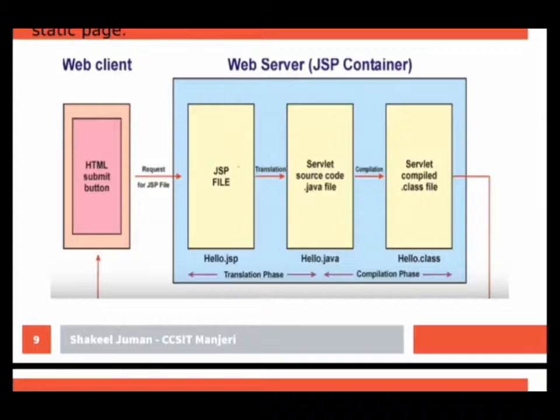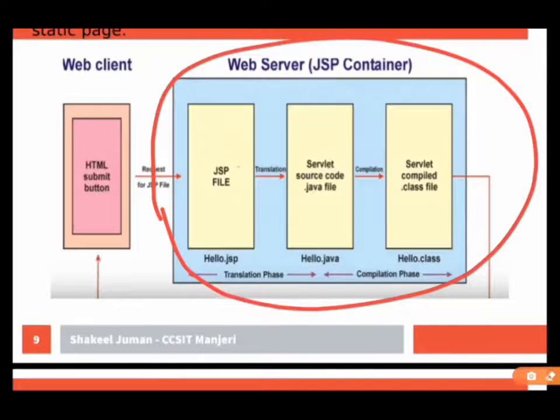See once again the picture, how the process works inside the JSP container of the web server. Initially there is an HTML submit button. The user clicks on the submit button.